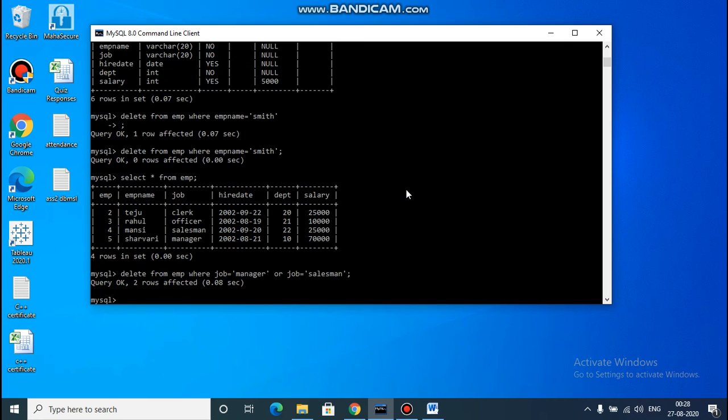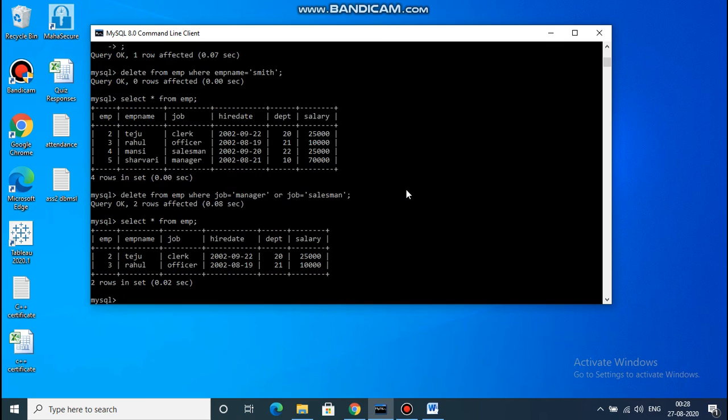Okay, query successfully executed. Again we have to use select statement, select star from table name emp, then semicolon. So you can see here only two records remaining in the table, name Teju and employee name Rahul.